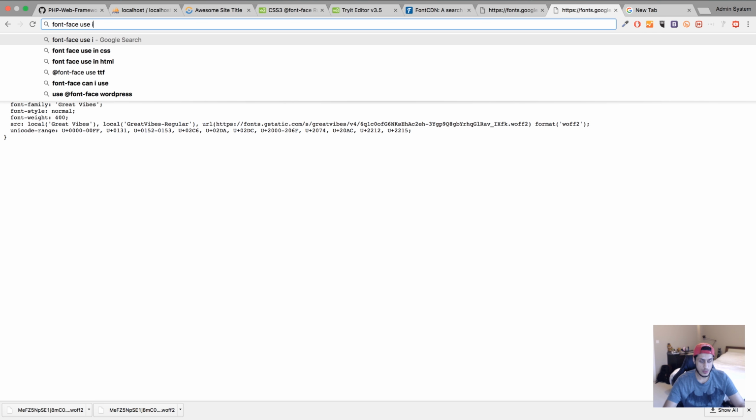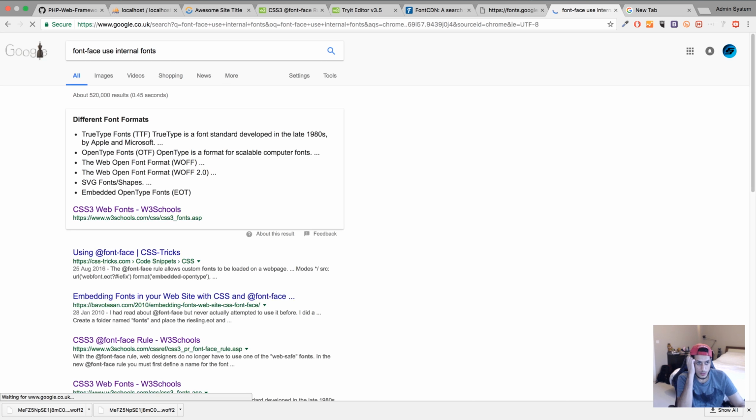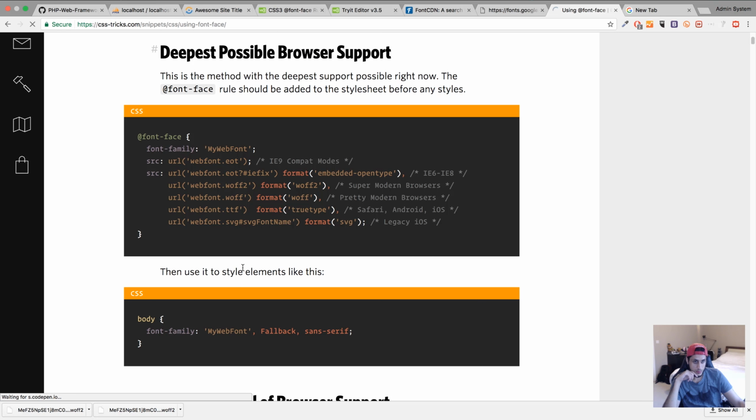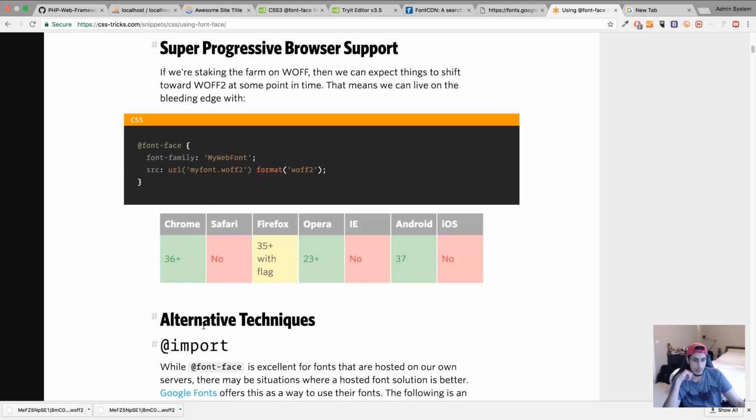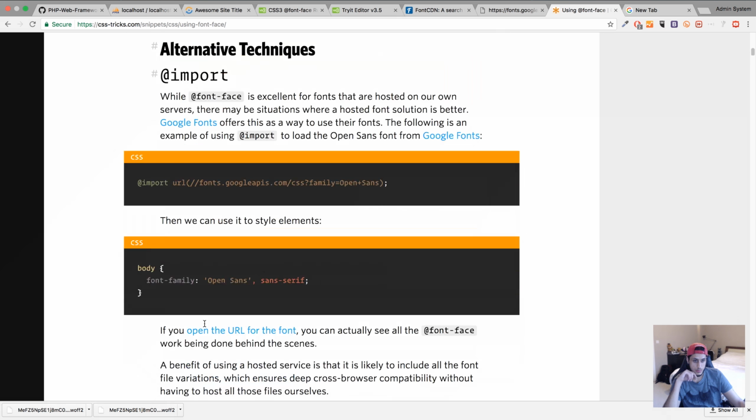Font face, use internal fonts. Well, font face asking for fonts that are hosted on our own servers. No situation where a hosted font solution is better. I'll probably just find out and